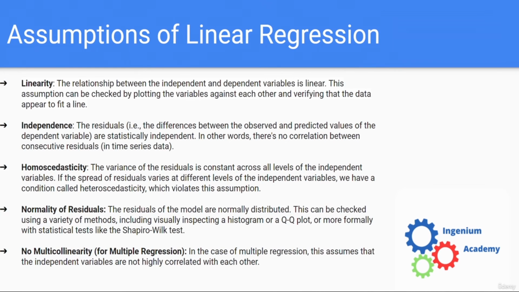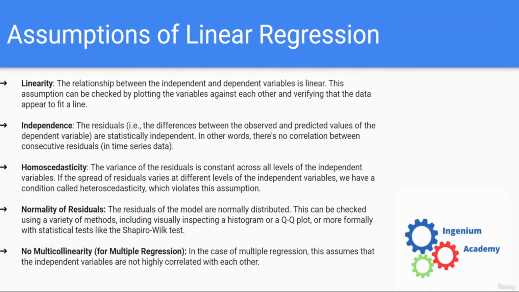We want them to be just scattered around 0, which you'll see what that means. We want to make sure that our residuals are normally distributed. And if we're doing multiple regression, where we have more than one explanatory variable, we want to make sure that